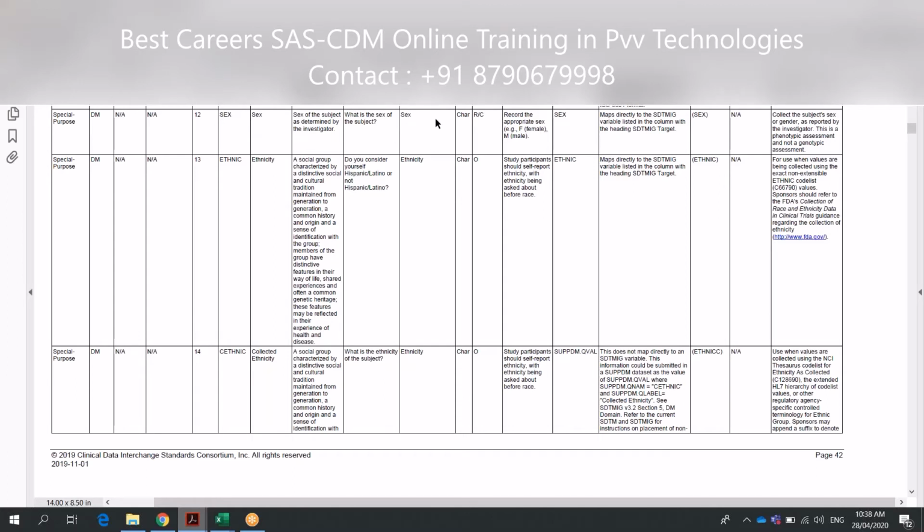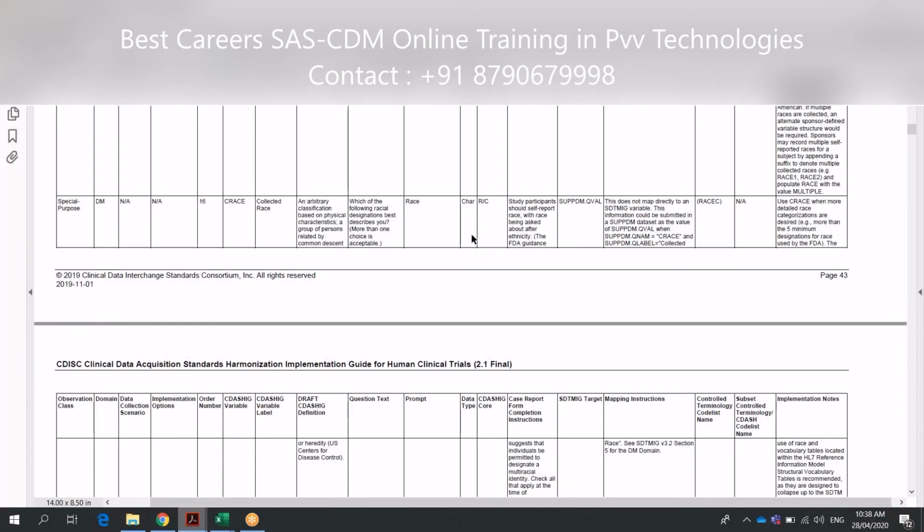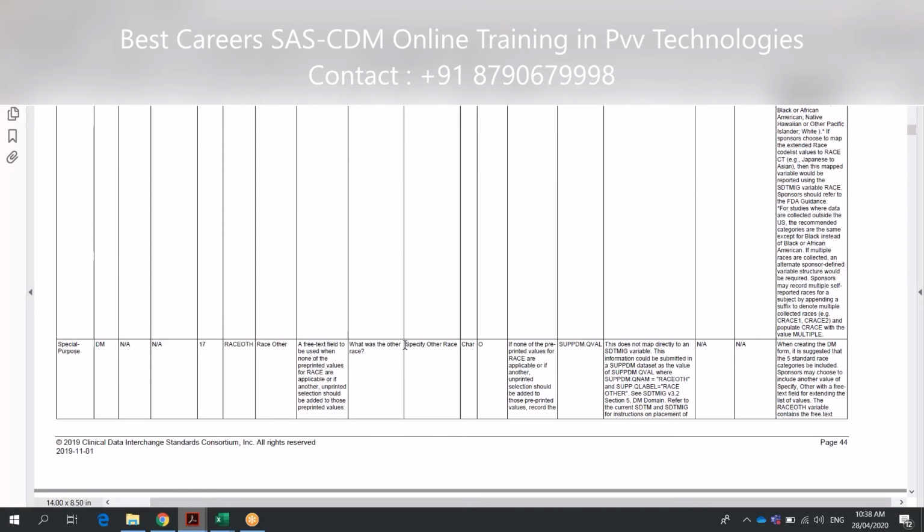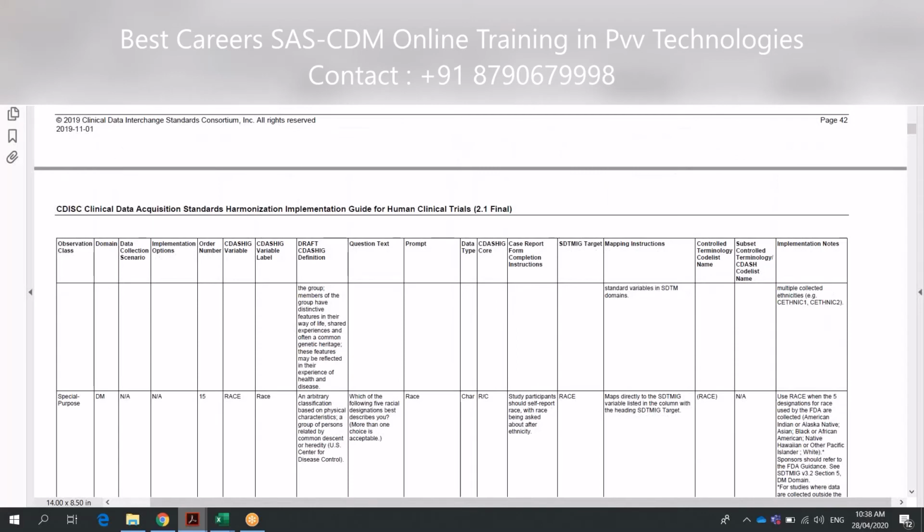But when it comes to the field name, how it looks, if everything is in caps, it will not look nice, right? So that's why it's in mixed case, and that's the prompt. So you don't have to think. Whenever you have ethnicity, I can just copy this and put it there as my field name. That's why they have given you a field name like race, ethnicity, how it should come. If it's other race, you can just copy this and say other, specify other race. You don't have to think much about it, because everything is there in the CDISC recommendation for the prompt.